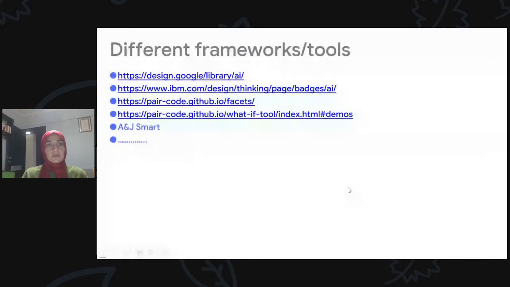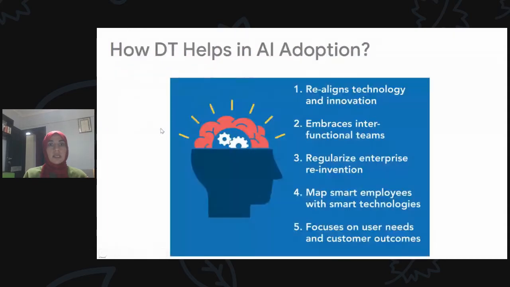This is what I have picked, AI and Smart, in the Trello board that I have shown to you. Let us summarize what I have mentioned and link again between AI and design thinking. Design thinking could realign the technology with innovation, definitely, because in the design phase you start to focus on providing fancy features